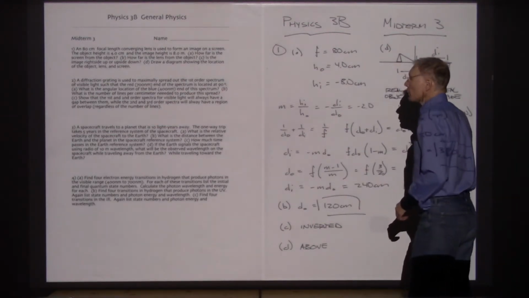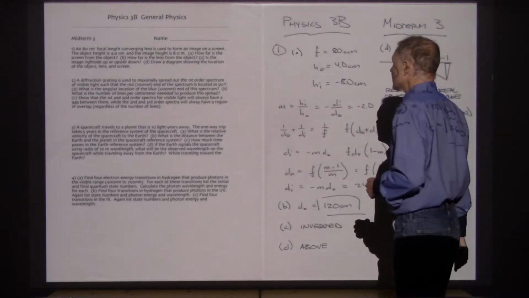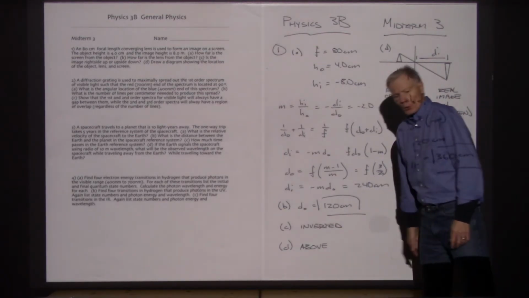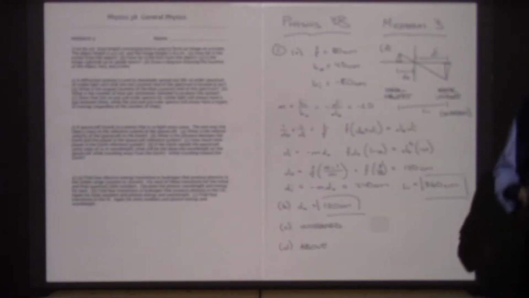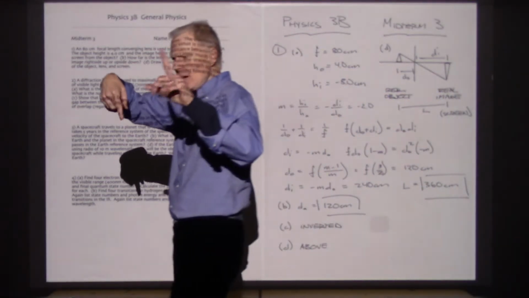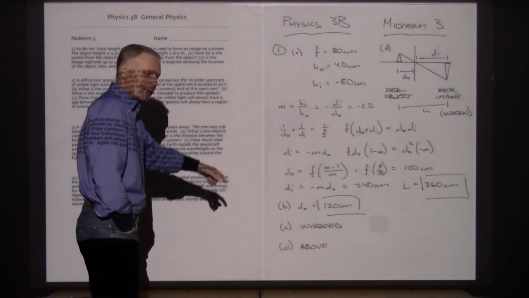We calculated that earlier. C says, is the image upside down or is it right side up? Upside down meaning it's inverted. So the image is, there's an inversion. Let's say it that way. That's more general. Between the object and the image, there will be an inversion. They will be in opposite directions. So yes, there is an inversion. And then D